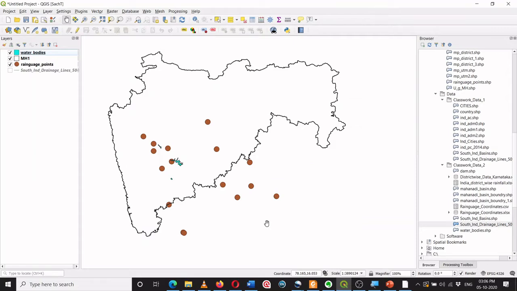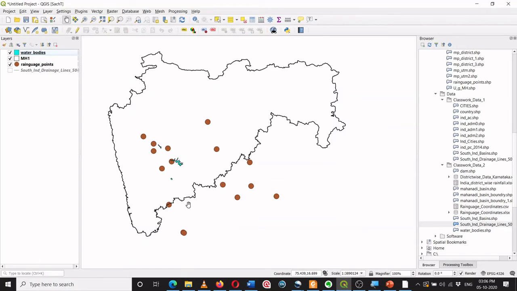Then by following this norm, I would like to check which part of this region is adequately covered, and in addition I would like to know in which part I should install additional rain gauges. So I'm repeating the situation. These are the rain gauges and I'm trying to see whether they are adequate in terms of measuring precipitation in this region.